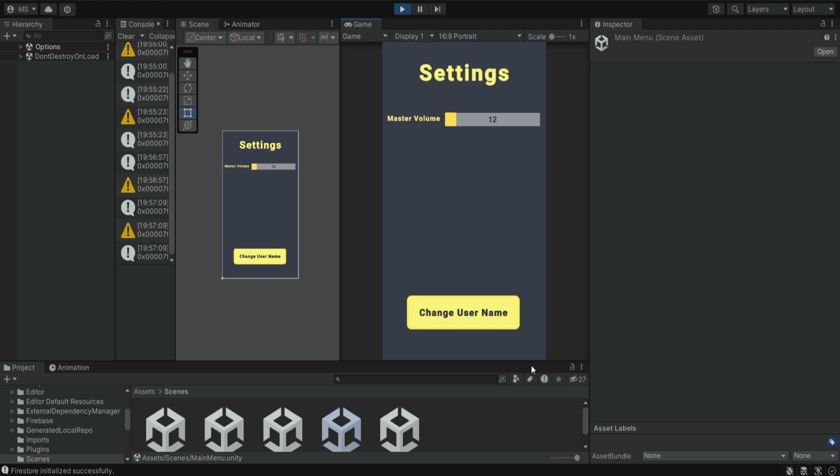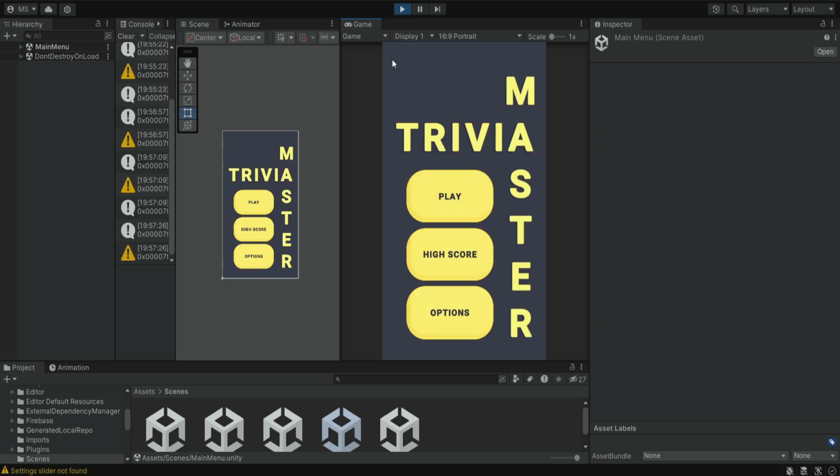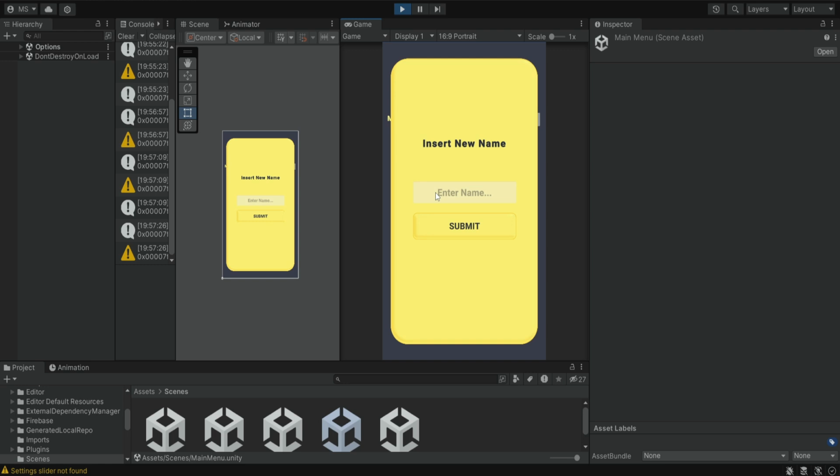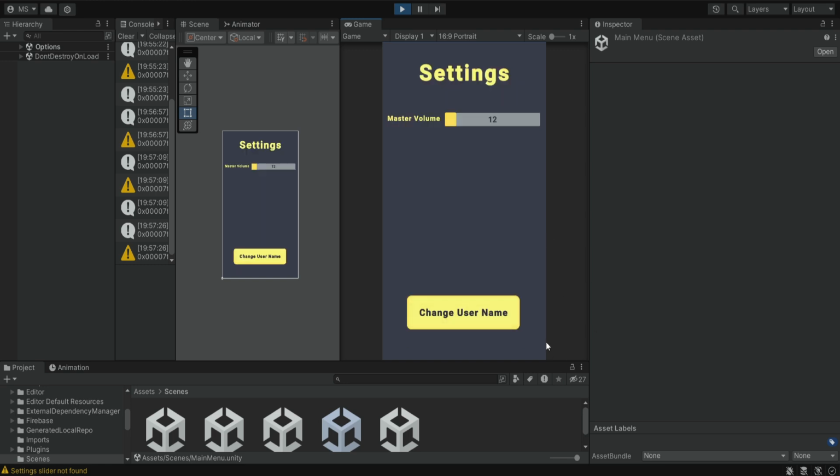And also we can change the name. If you remember, the name that is saved is Mike. You can basically also add some kind of text over here that is saying welcome Mike or something like that, and then you simply take the value out of the player pref and show it over here so we can know what is the name of the user. But if you want to change the name of the user, you can simply click over here and put a new name,